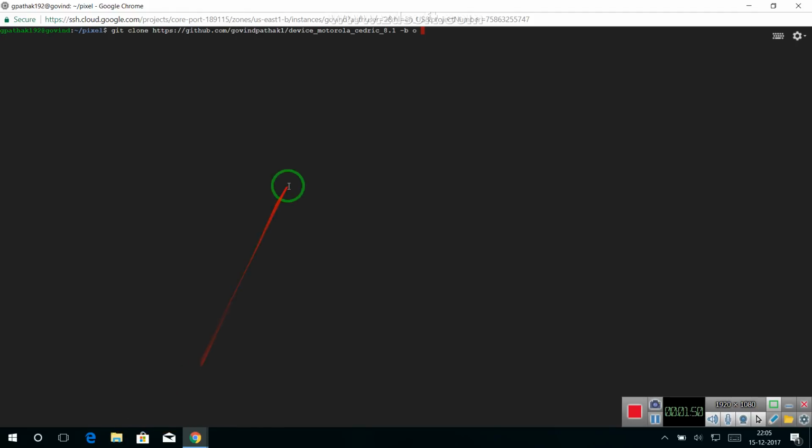So if you want to get the path, just see the last three words of this URL: device Motorola Cedric. So this is the path, like device,